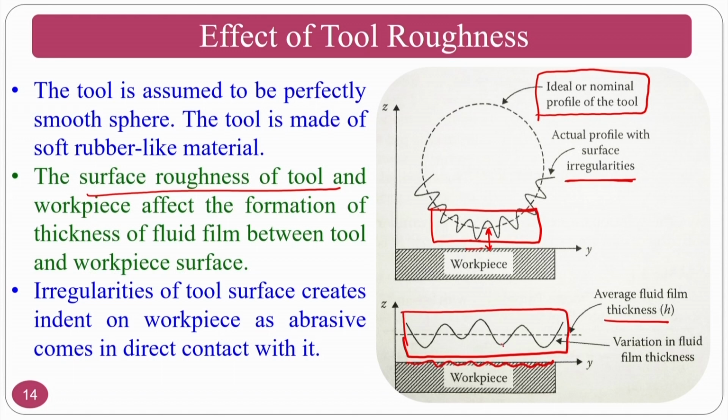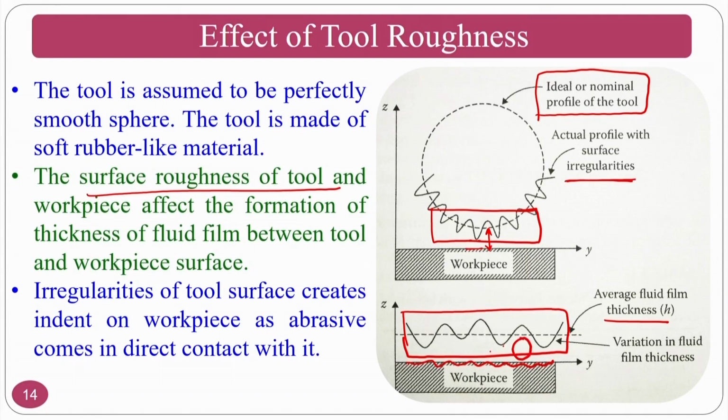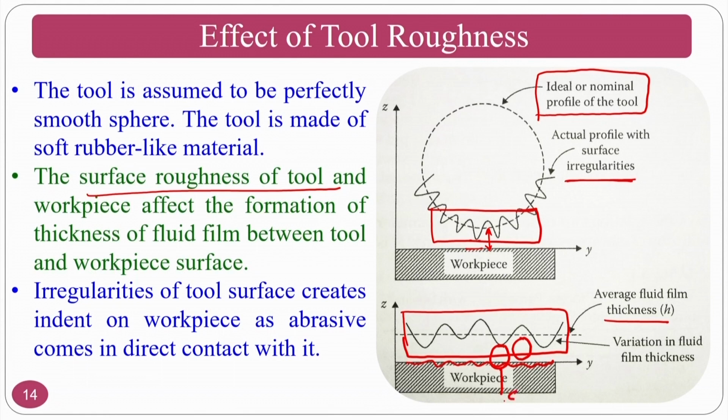Assume that the abrasive particle, as I said, the distance between the sphere and the workpiece should be higher than your abrasive particle. If you see in this particular case, it may be higher, but it may be lower in this case, because of which what will happen? You will get shear marks, because the abrasive is completely in contact, or it is squeezing between your spherical ball and at the same time the workpiece. So, it has chances to shear. Then it will create a lay, that is nothing but the predominant surface roughness direction, because of which the shear marks will be generated.